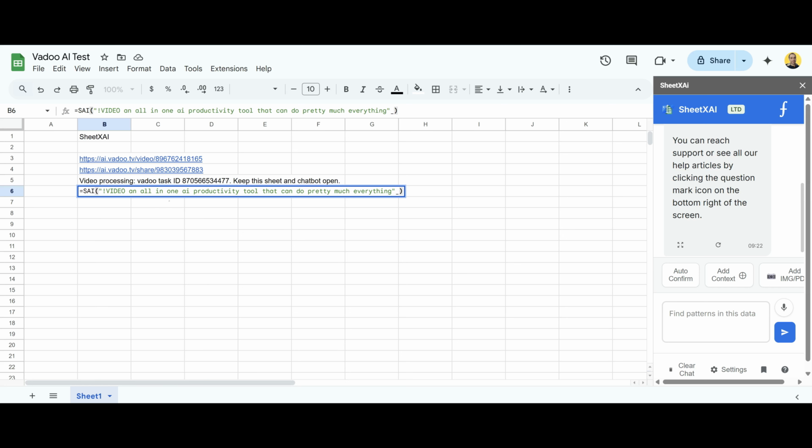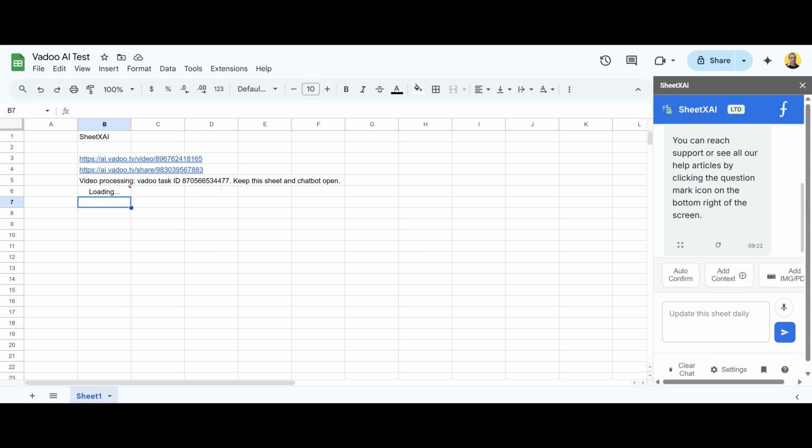So I've just added in an all-in-one AI productivity tool that can do pretty much everything. And I'll just delete that little symbol there and we'll press enter. Now I'm unsure if it will use the blog URL, so it'd be interesting to see what we get from